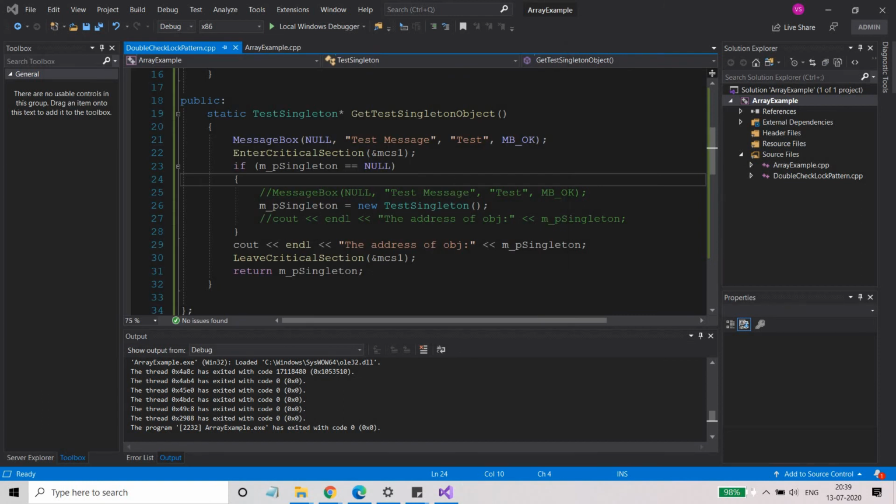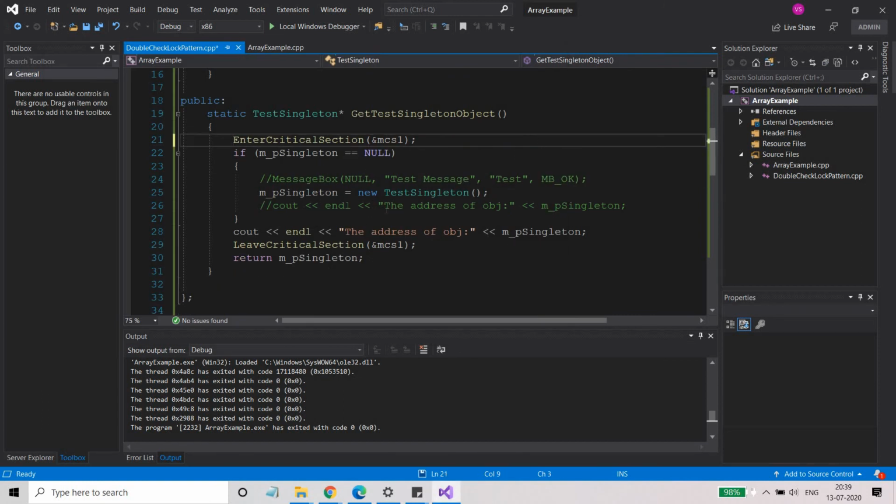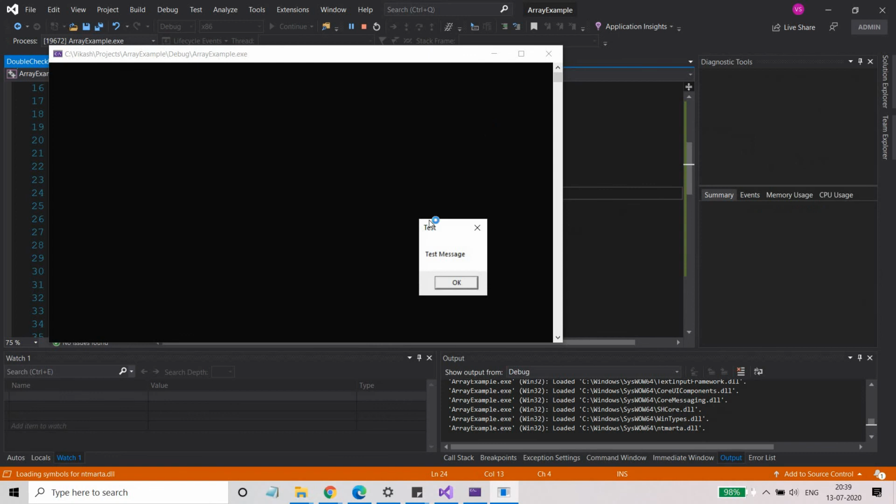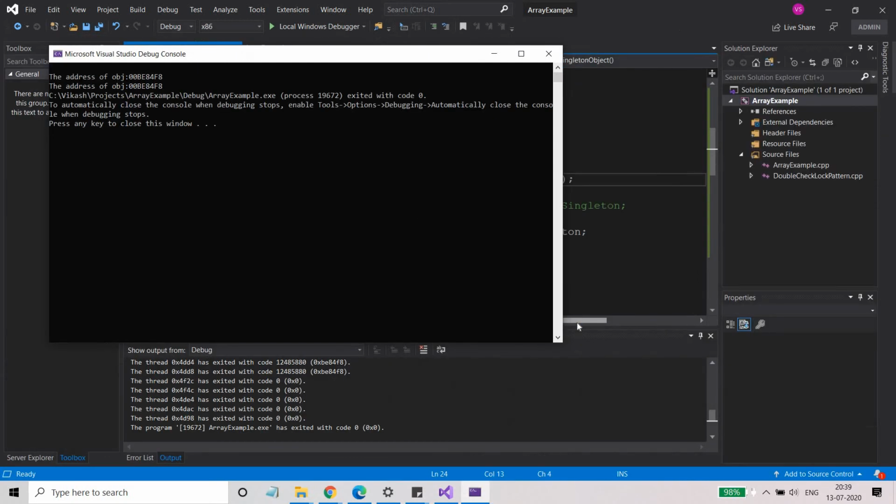But let us do one more thing. Just remove this and enable this message box. Okay, so now let's do it again. What will happen?